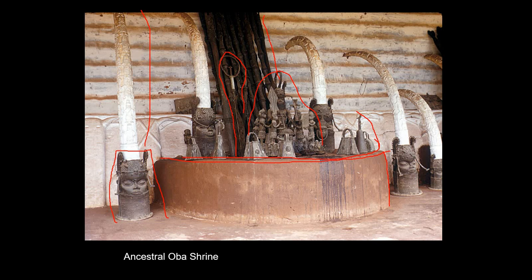Now, as this has been explained to me, the way this works is you would come to the shrine, and the first thing you do is you wake up the ancestors. You have to wake up the ancestors so that they will listen to you. So you would ring the bells or the gongs to get their attention. You would then perform a sacrifice, and usually a chicken, but it could be a goat. And we do know that there was human sacrifice, not terribly often.